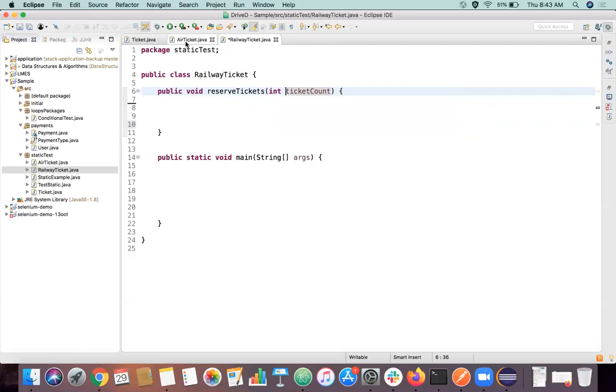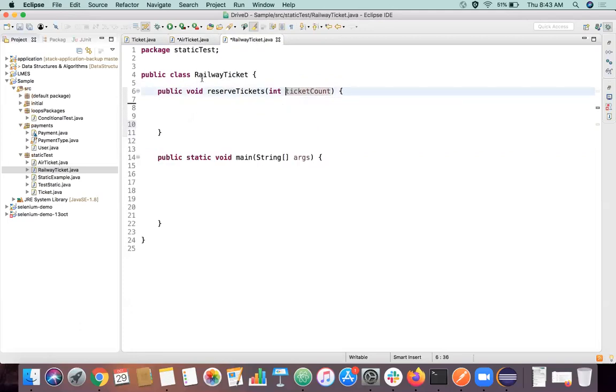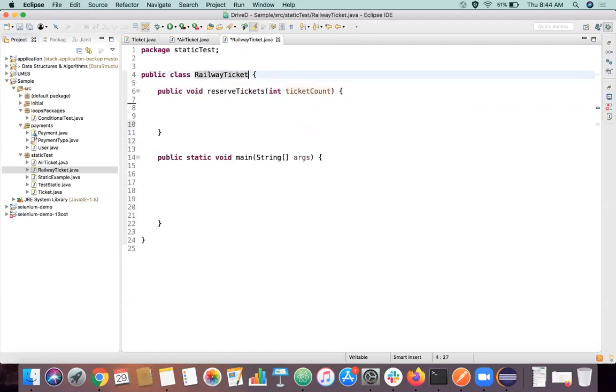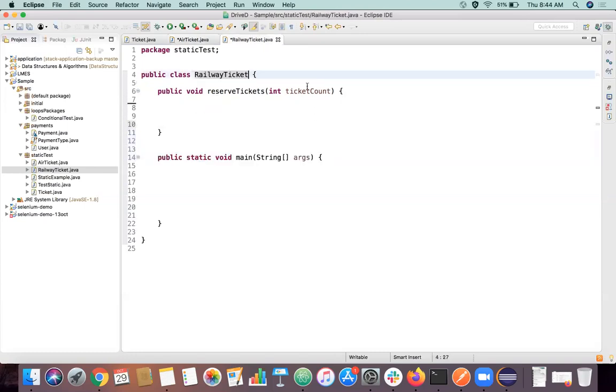So again I have to go and create a railway ticket object here, right? Railway ticket, sorry. Then what I should do, I should pass this ticket instance to this object also, right? Instead of only integer, I should pass ticket also.